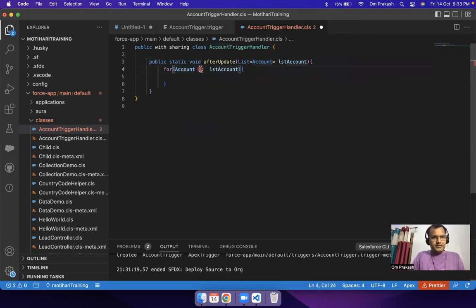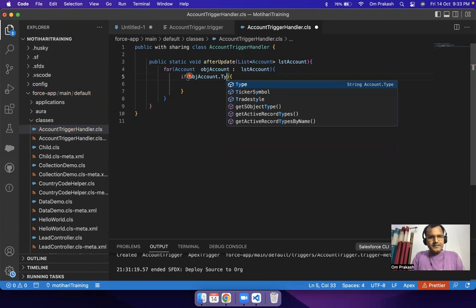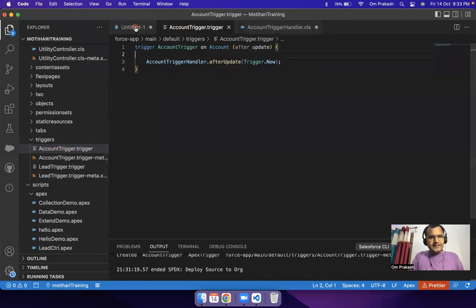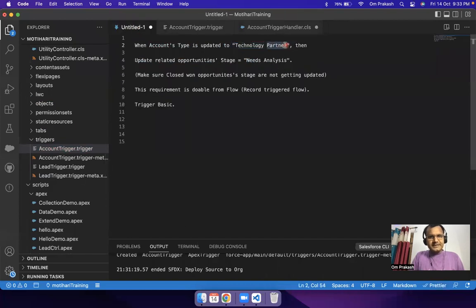So account here, obj account, list of account, and here you can write if obj account dot type equal, what is this? In the requirement, it's mentioned technology partner,